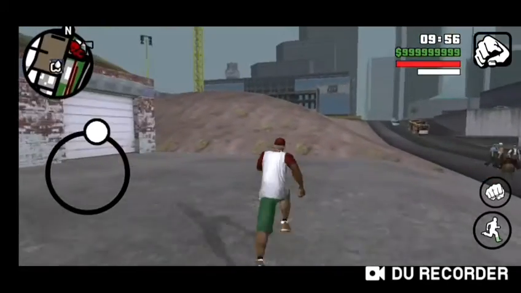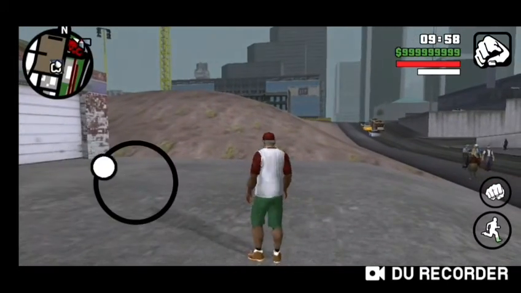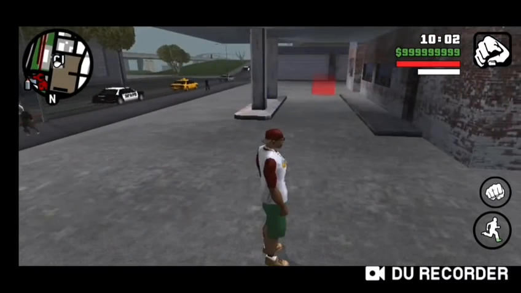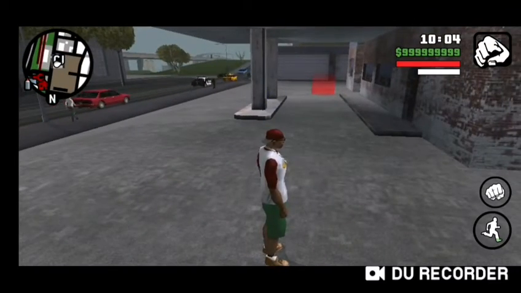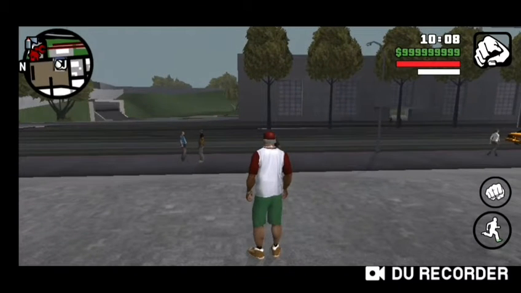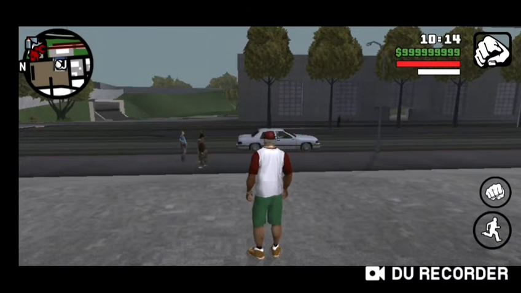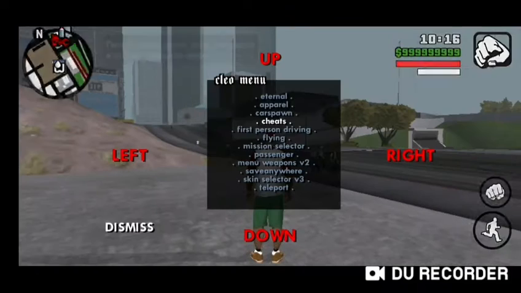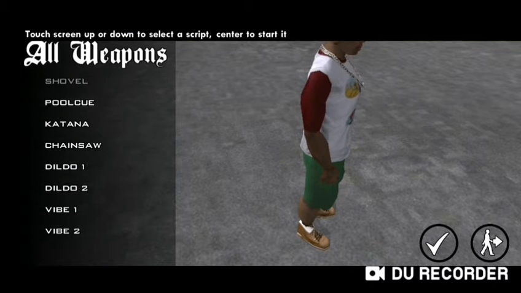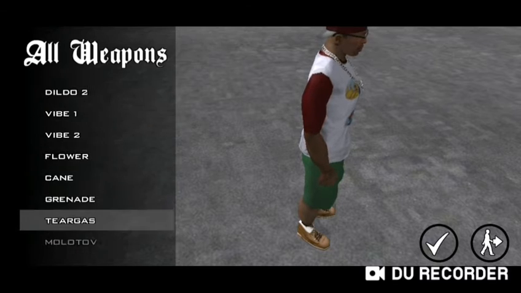The next Clio mod is a very required mod, especially when you are in Whetstone. After the mission where CJ gets to know about Smoke turning on his friends, Tenpenny brings him to somewhere called Whetstone, where he has no guns. So this is gonna help you a lot. The menu weapons mod. You have all types of weapons. You can choose any weapon you want.